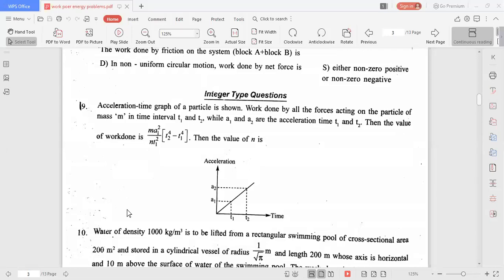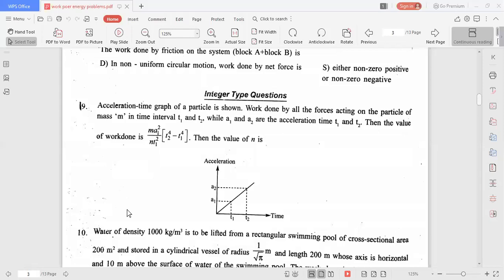So in this case, from t1 to t2, what is the work done? They asked. Initial velocity, here the particle starts from rest. Actually in this problem, the velocity of the particle initially at t equal to 0 is not mentioned, but that must be given. So you write the velocity of the body starts from rest. At t equal to 0, velocity of the particle is equal to 0. That means the body starts from rest. That is an important point.